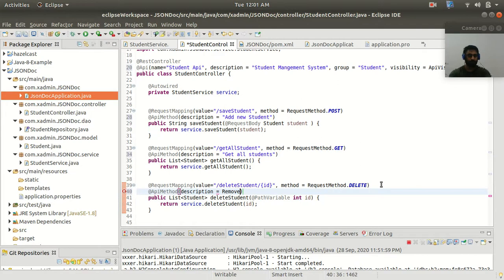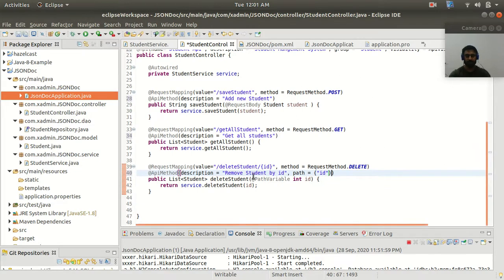Let's add "remove student by ID", and let's keep the path. Let's add the path value as ID.